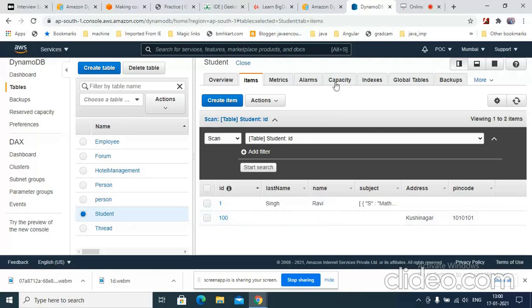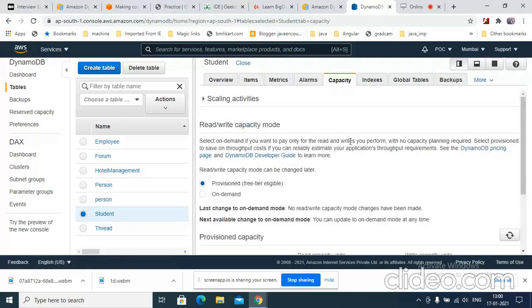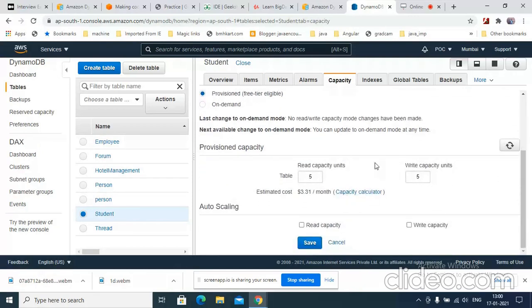Now here is one column called capacity. This is the same thing I was just discussing with you a couple of minutes back, what kind of mode is provided for read and write capacity. This is provisioned, this is on-demand. Free tier eligible is provisioned, so you have taken the default value of 5 and 5.